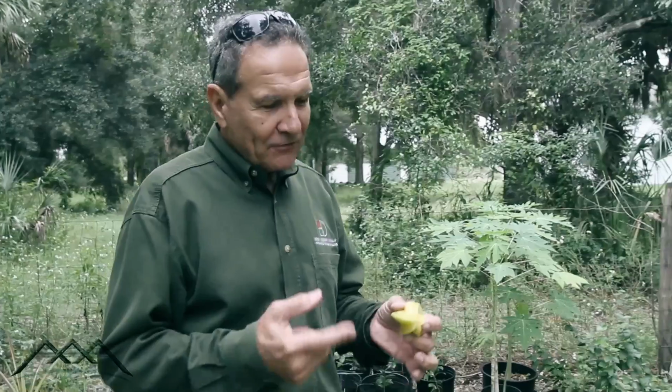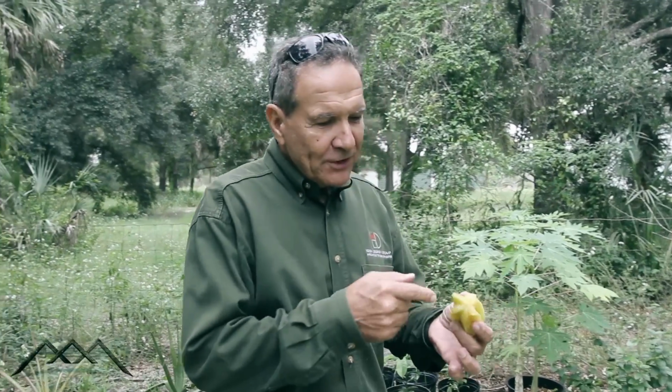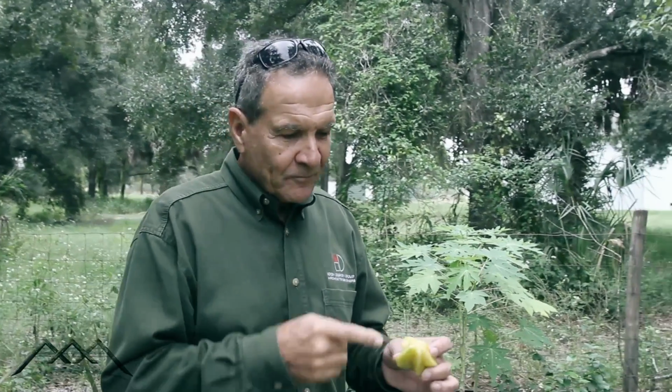Star apple, you're eating the bounty of your fruits. It's funny, as you eat this fruit, there's a lot of seeds in there. I'm considered a seed hugger. When I eat a pepper in the kitchen, I take the seeds and save them. I do that all the time. When I eat a mango, I save the seed. When I eat anything that has a seed,